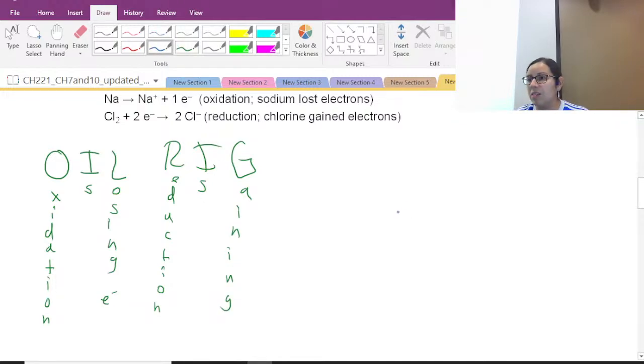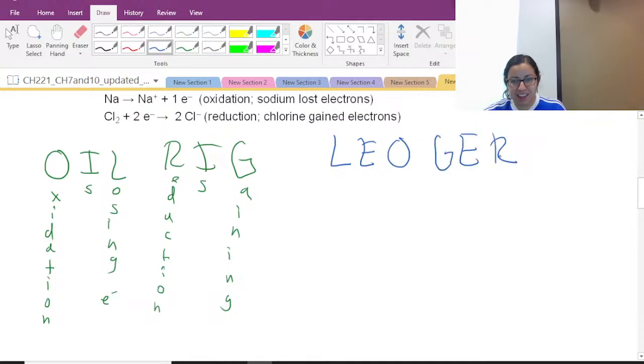Does anyone have another mnemonic? The other one is LEO the lion. Maybe LEO, because it's longer to say. LEO takes many identities, so whatever your favorite fuzzy cat is. I used to work at a school where our theme was the leopard, so it was LEO the leopard goes grr, but LEO the lion, LEO the whatever goes grr. But same thing, so losing electrons